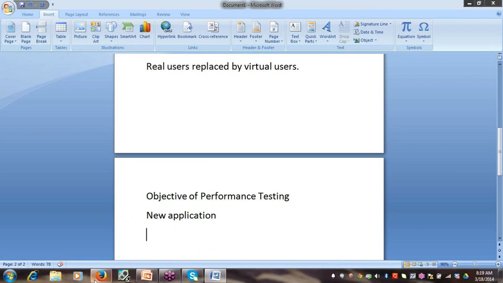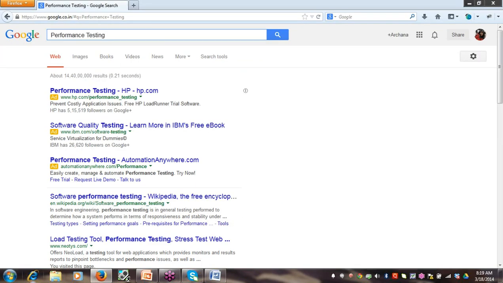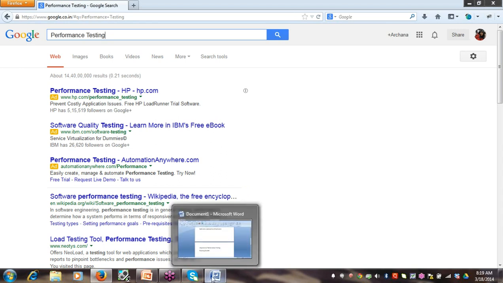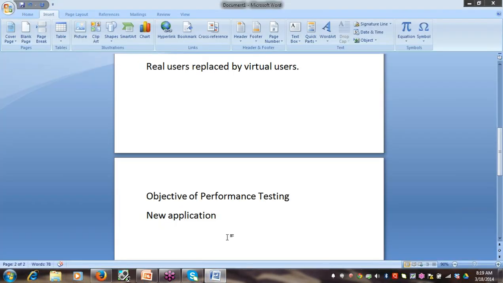or already performance testing of this application has been done, and they have added a new functionality called search. They have added like 2-3 functionalities, not only one, so they have added new functionalities to the application.